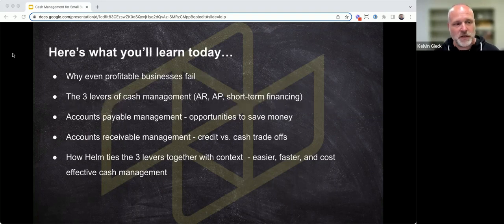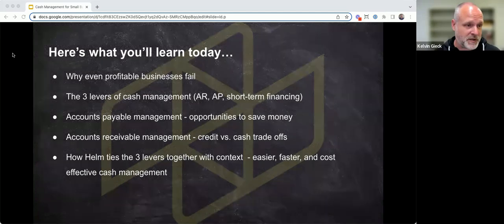So moving on here, what you'll learn today is a little bit about why cash management specifically is important, and talk about opportunities to save money, as well as opportunities to save time. And we will also go through